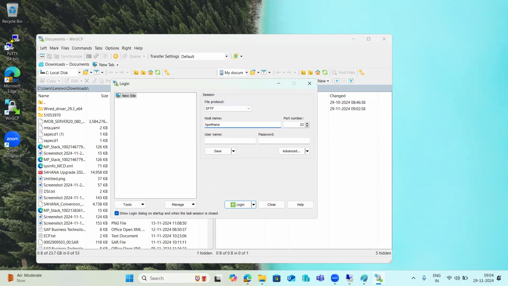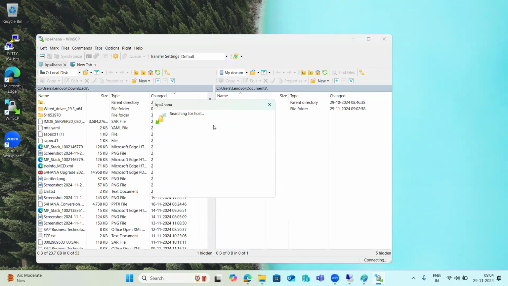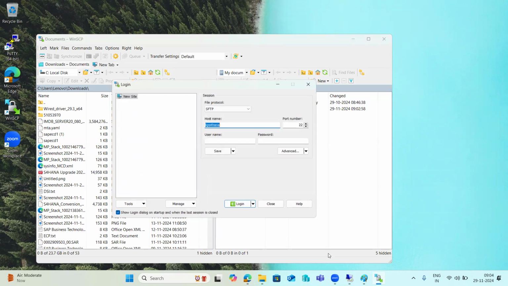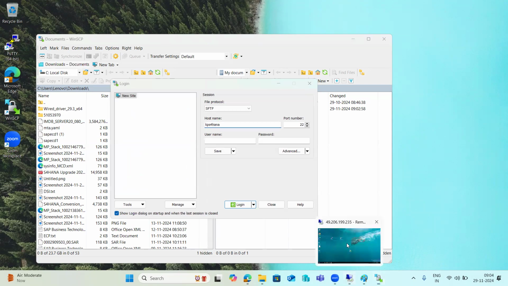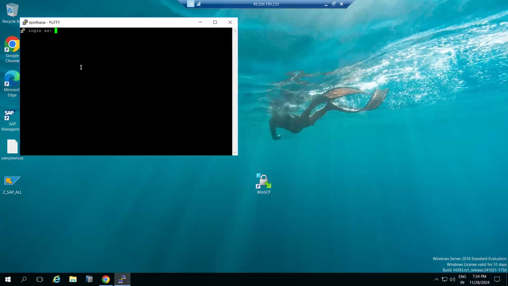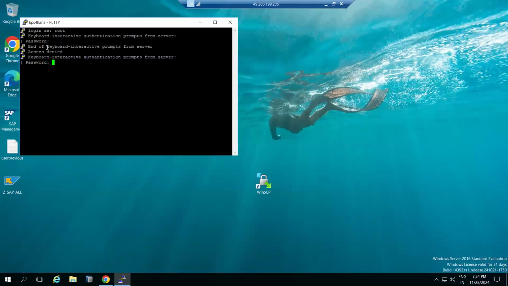Why? Because Linux is a black box, where you cannot do direct updates at the Linux system level. So how do we move the files to the Linux operating system level here? For this one,